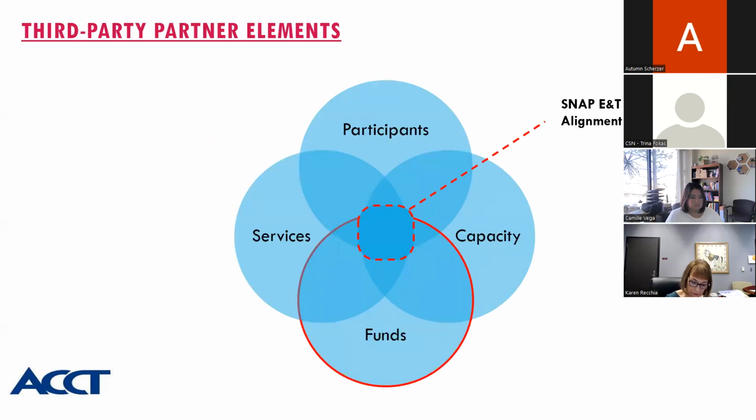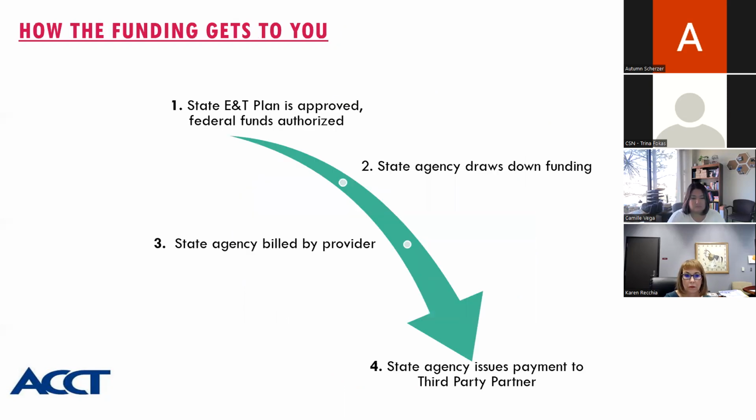So just to set the stage about where we're at, we've been going around this Venn diagram, highlighting these four different pillars of SNAP E&T alignment. And today we're going to be talking about assessing funds. Just as a review,